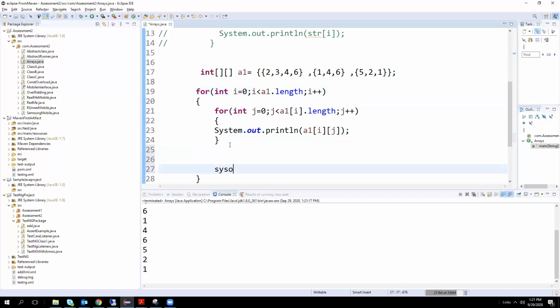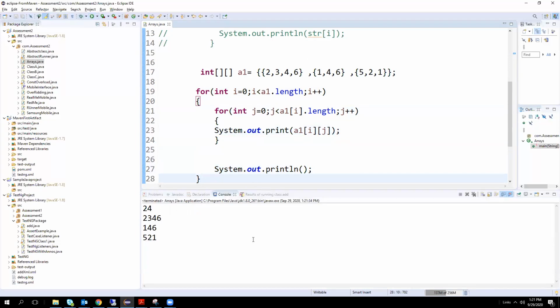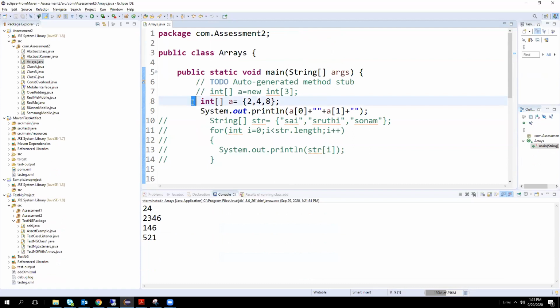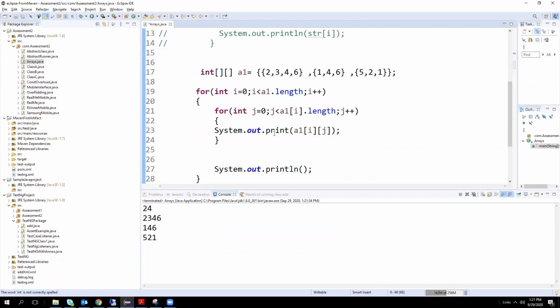Can you give a break and also remove the ln there? The reason why I asked the question is that the length of A1 is 1, 2, 3, like 0, 1, 2, that is 3.